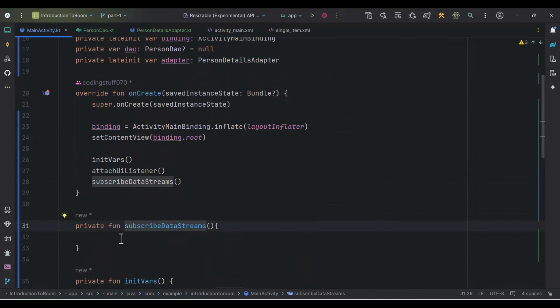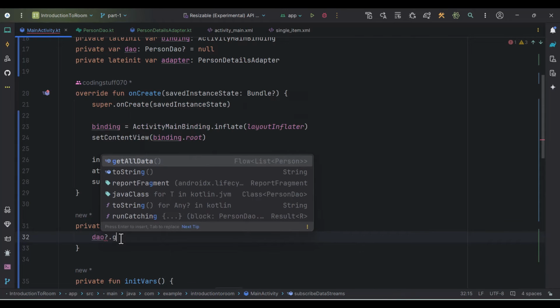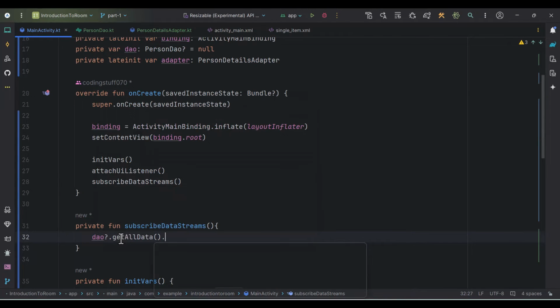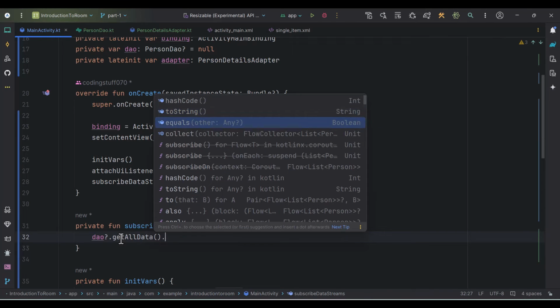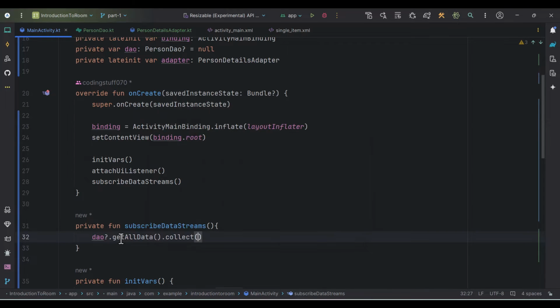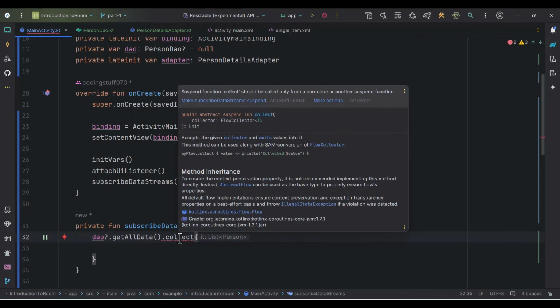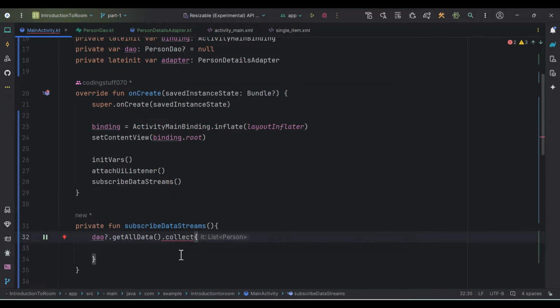so subscribeDataStreams. Here what I will do, I'll write DAO dot getAllData, and we don't need to pass anything over here. And you can see we got the collect function over here. So if we write collect, we get the list of the person, but this is giving us an error. Again we need to launch this collect in a suspending function or coroutine scope. So we will have one lifecycleScope here, lifecycleScope, not lifecycle dot launch,